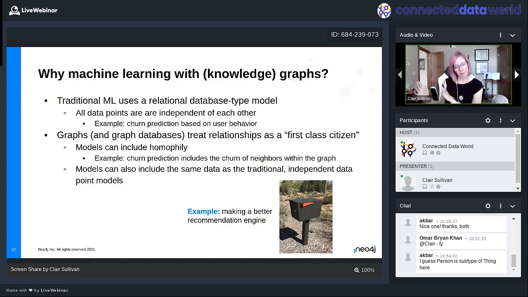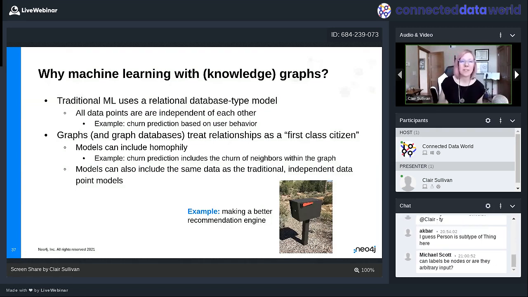Let me give you another example. And you see I have this picture of a mailbox down in the lower right-hand corner. I said that knowledge graphs could be used for recommendation engines. The reason I have a mailbox here is because a few years ago, I built a house that I'm speaking to you from, high in the mountains of Colorado. And so you can imagine that we spent a fair bit of time in the hardware store, and the hardware store could kind of learn the type of person and what I might be doing by looking at what I was purchasing.